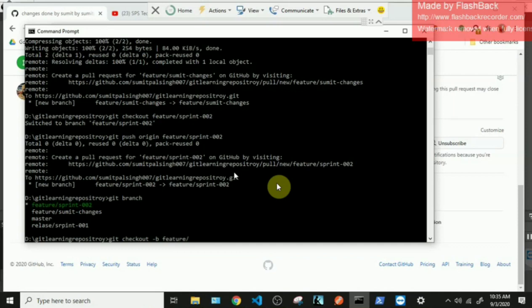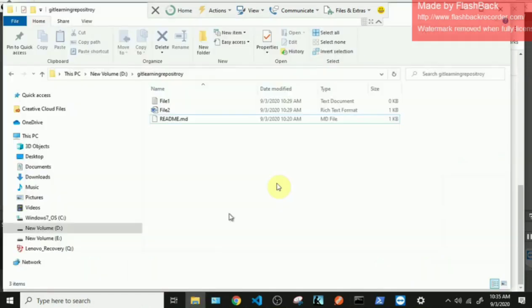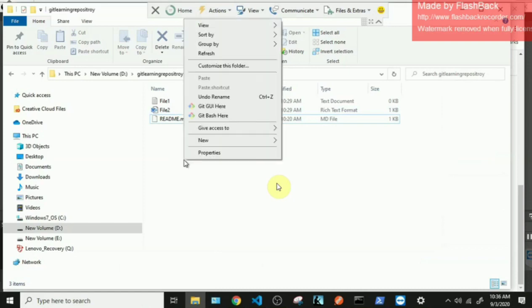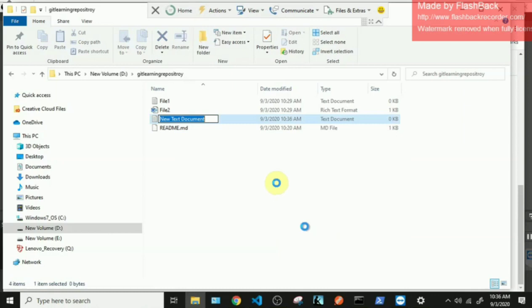Okay. Now we are at Devinder's branch. And as you can see, Sumit's file which was there in the Sumit branch is gone because it is right now only in Sumit's branch. So now we are at Devinder's branch. What Devinder has done, after doing his code changes, is create a file which is called Devinder's changes. Okay.